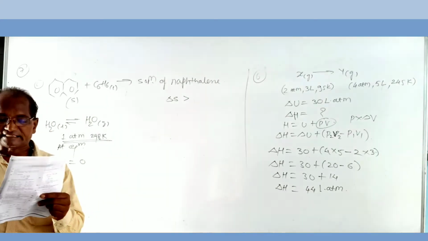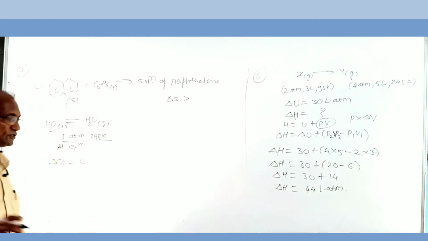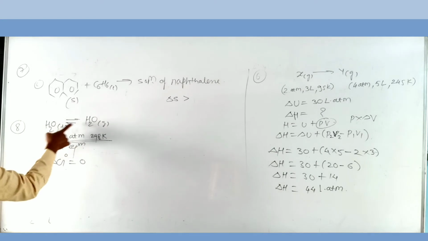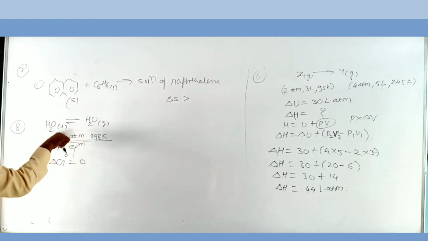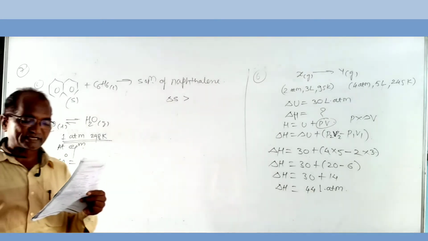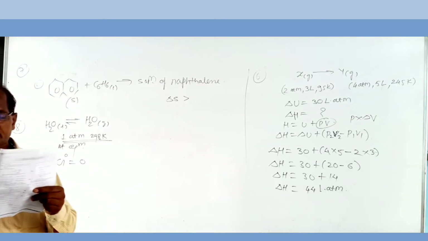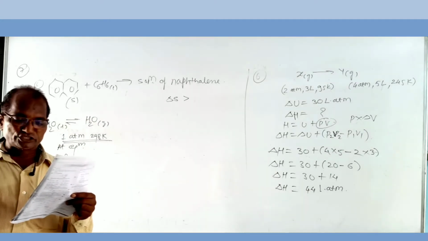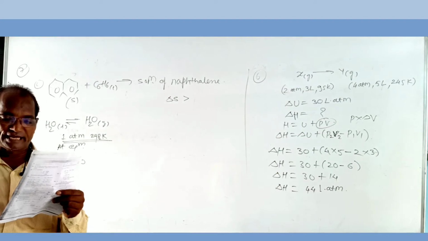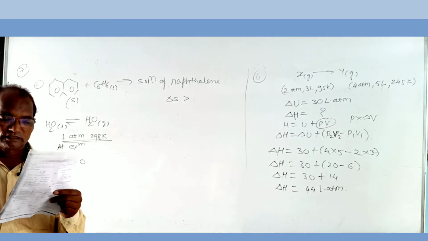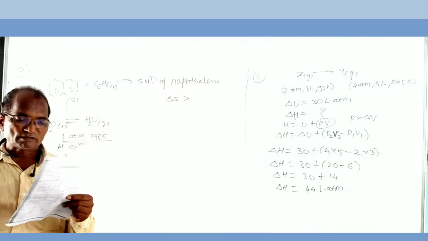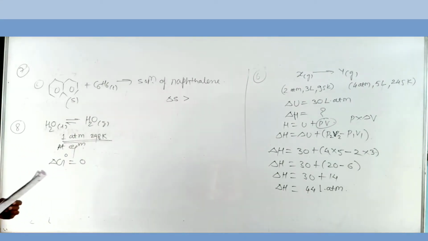Standard free energy change is equal to 0. That is, delta G0 is equal to 0 because this reaction is at equilibrium and in standard condition. Therefore, delta G is equal to 0. First answer is the correct answer. Delta G0 is not less than 0, delta G0 is not greater than 0. B, C and D are the wrong answers. But the first answer is the correct answer.